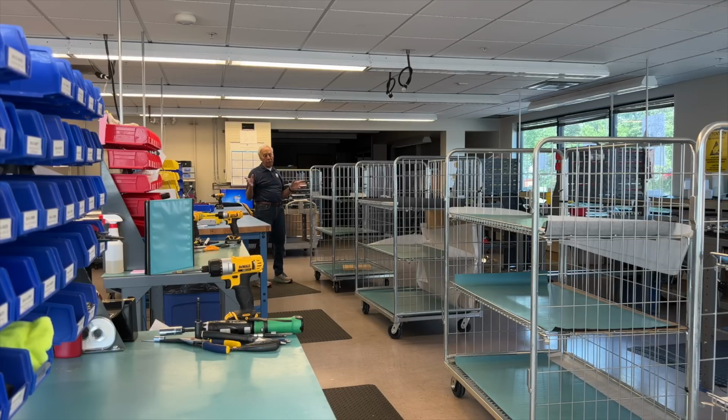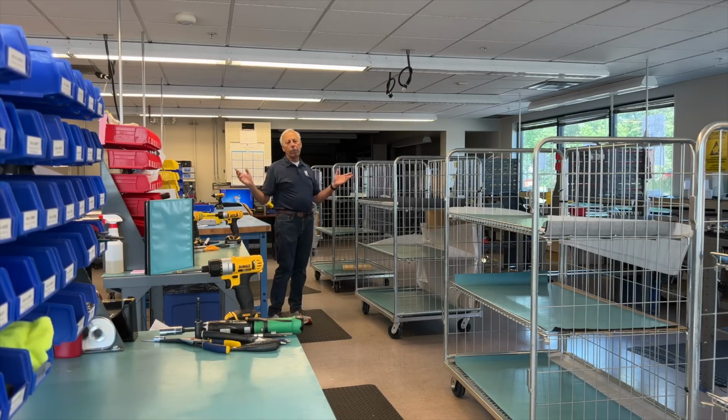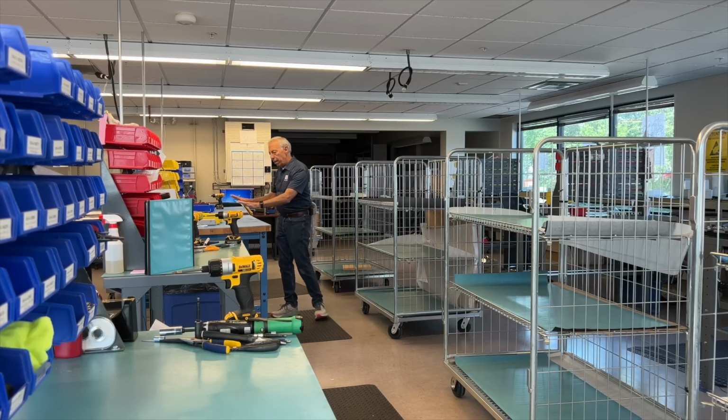And our usual build time is 1 day, which is kind of cool. So from start to finish, we can get one of these whole things done in a day. And they'll have an order on the side. It'll tell you we're going to make 3 P3 power plants, 2 P20s, and 5 Stellar DACs, okay? Whatever the order is. And each of these is filled with everything they need to assemble it, and they put